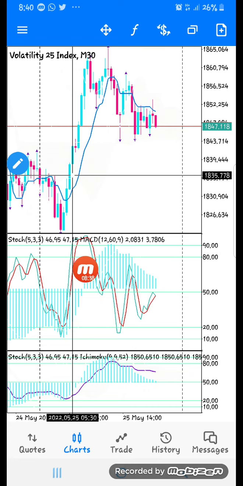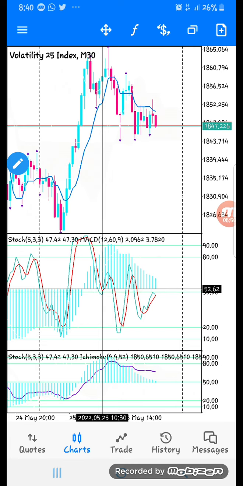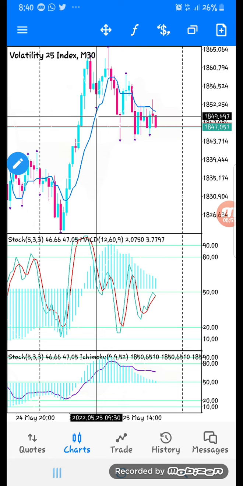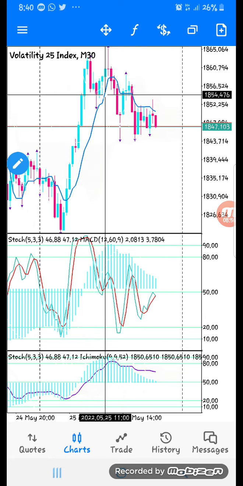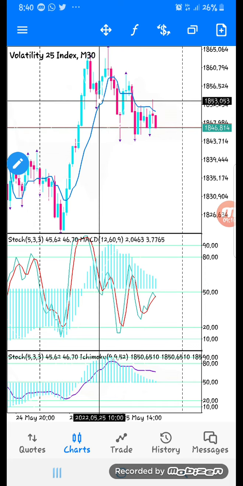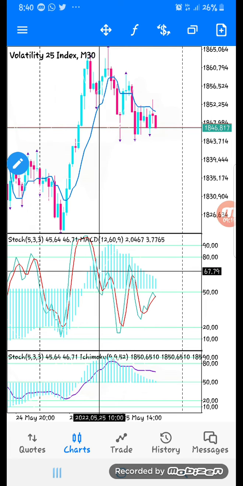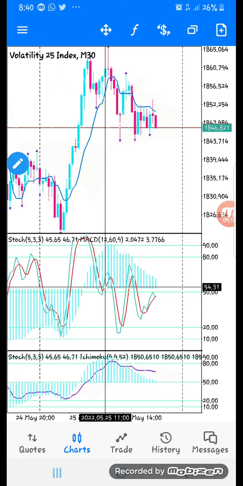Secondly is when your stochastic comes down and then curves up like this. When your stochastic comes down like this and then forms a crossover, while the candle did not break the Ichimoku, and as in break it below, it's also a buy setup. Like the first candle opens, the second candle opens and gives a crossover. When you see a crossover